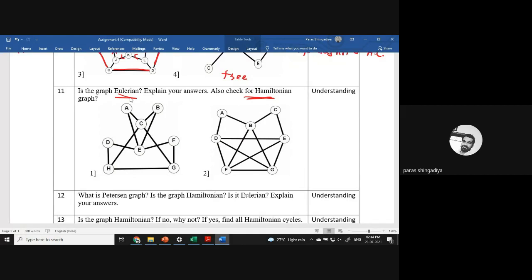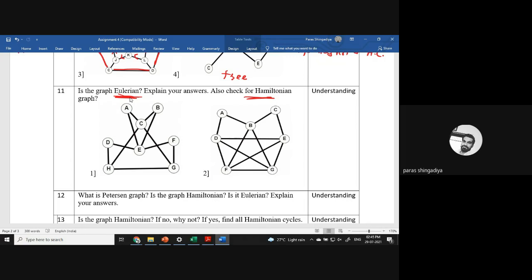Okay. So here 5 plus 3, 8 vertices are given. How can we verify the Euler graph? What is the condition of Euler? Here we consider one closed walk which covers every edge exactly one time or not. In the closed walk, every edge should be covered exactly one time. Clear? And if it is possible, then it is an Euler graph. If it is not possible, then it is not an Euler graph.